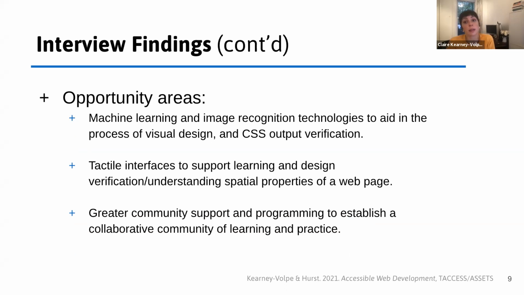In terms of opportunities, we heard about 3 main categories of opportunities. The first is machine learning and image recognition technologies, or AI, to aid in process of visual design and CSS output verification. Second is tactile interfaces, from 2D, 3D, static to dynamic, tactile interfaces to support learning and design verification,